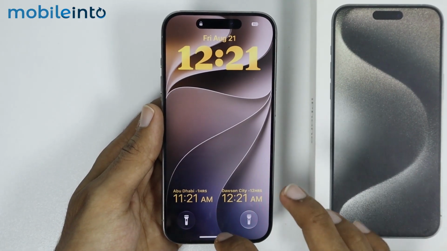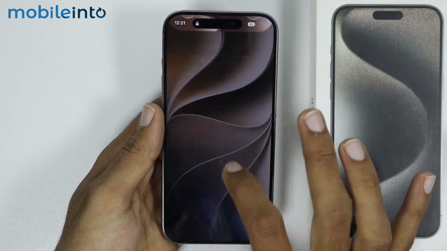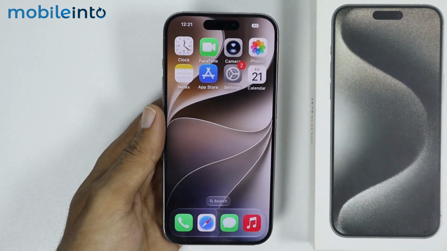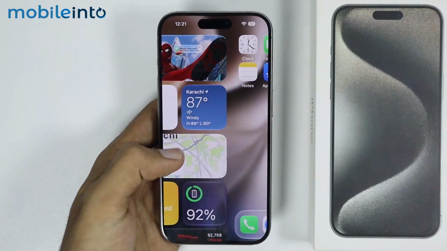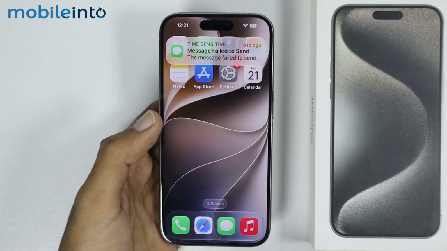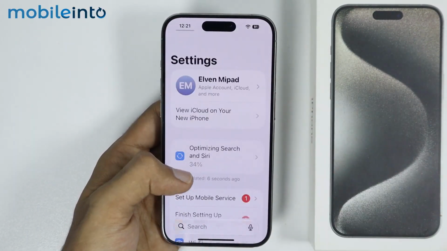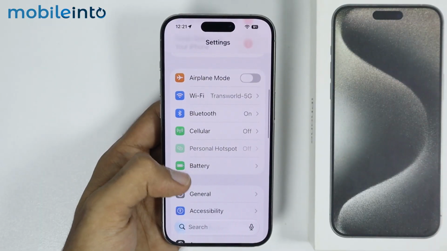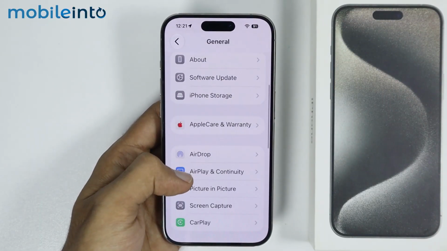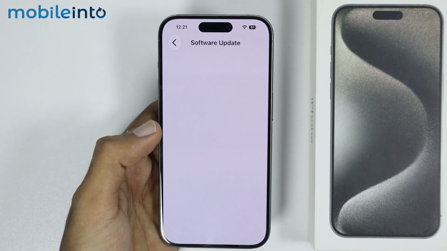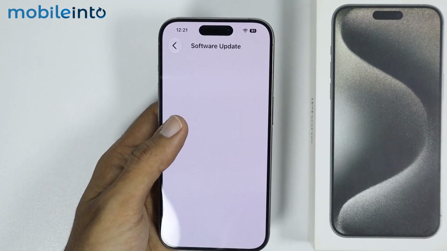Now once the force restart process is completed, then just check if your issue is fixed or not. Now if you have done that and if your issue is still not fixed, then just follow the next method. For that, just go to Settings, and under Settings just tap on General. Under the General Settings, just tap on Software Update, and over here just check if you have any update available